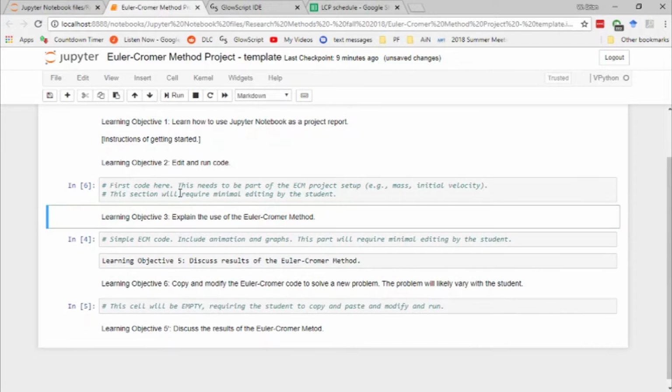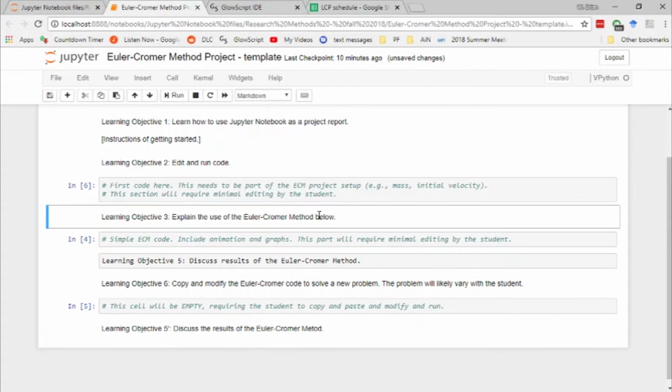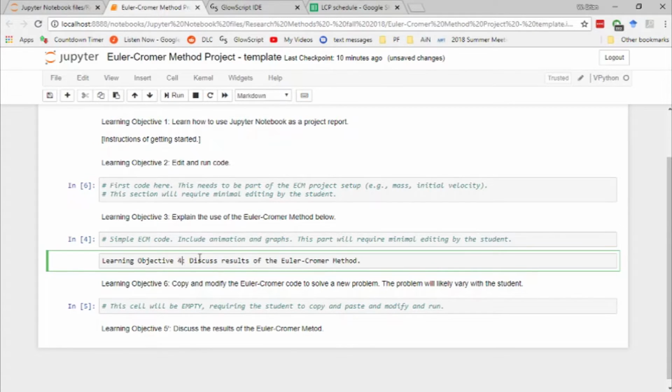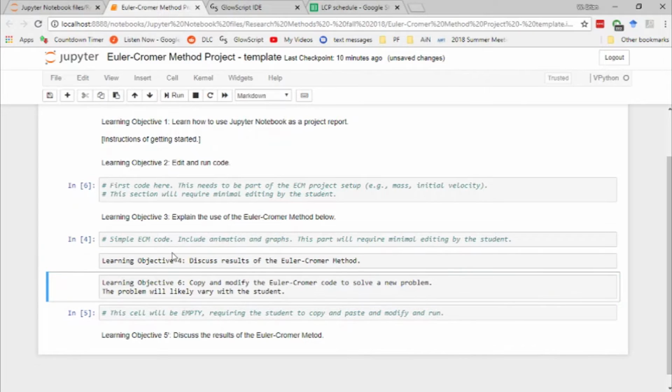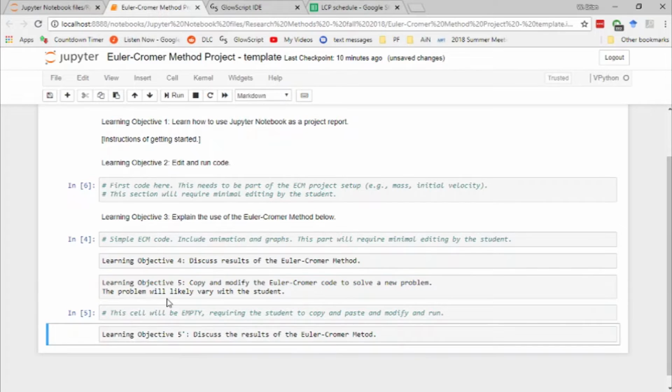They explain the use of the Euler-Cromer method below. Simple ECM code. So this is now objective 4. This is now objective 5. And so this is now objective 4 prime, like I had before. I knew what I needed to change, I just didn't know why. Okay, so we're talking 5 learning objectives, one of which is the assignment as a whole, one of which is